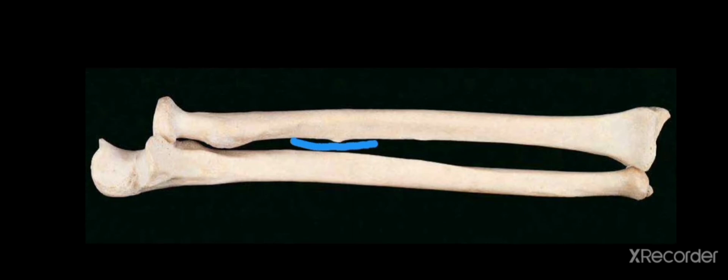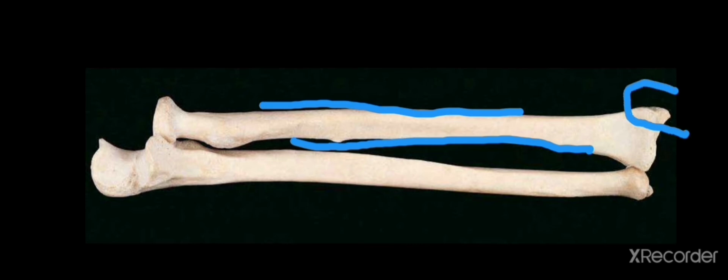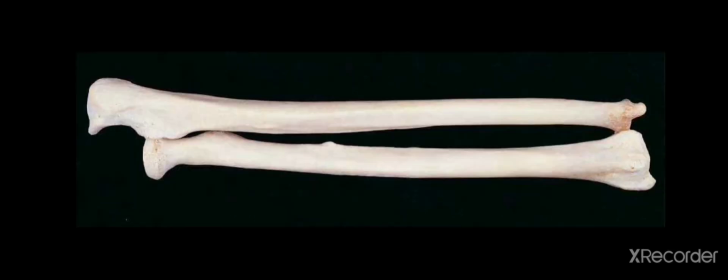Medially it should have a sharp medial border, the interosseous border, as it gives attachment to the interosseous membrane. And laterally you will see the convex lateral surface, and in the lateral aspect at the lower end you can see a process called the styloid process. And anteriorly the surface should be concave, and posteriorly it should have a tubercle called dorsal tubercle at its lower end. By following these rules, you can place the radius in its anatomical position.